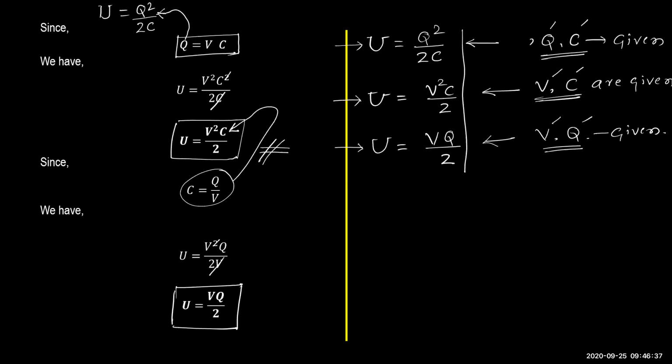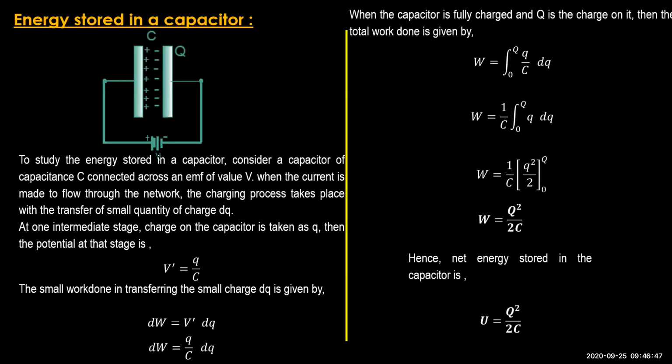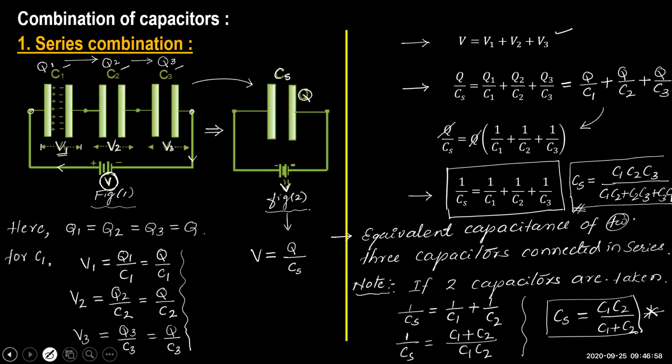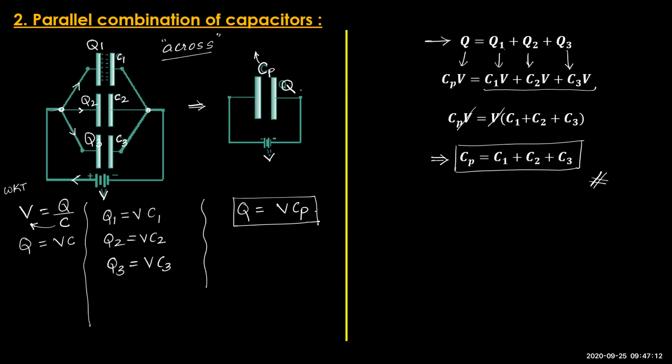Okay, hope you got the discussion up to this. Then see, in this chapter I think I have covered most of the concepts which are there for your syllabus, and only one small concept is left, but a very important concept for 3 or 4 marks, that is the Van de Graaff generator. So that I will discuss in tomorrow's class.